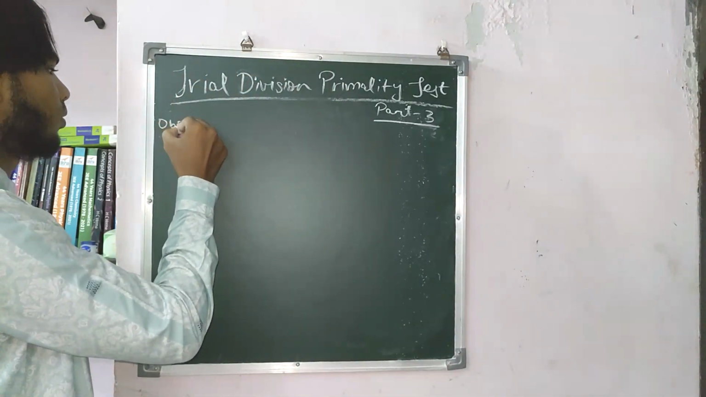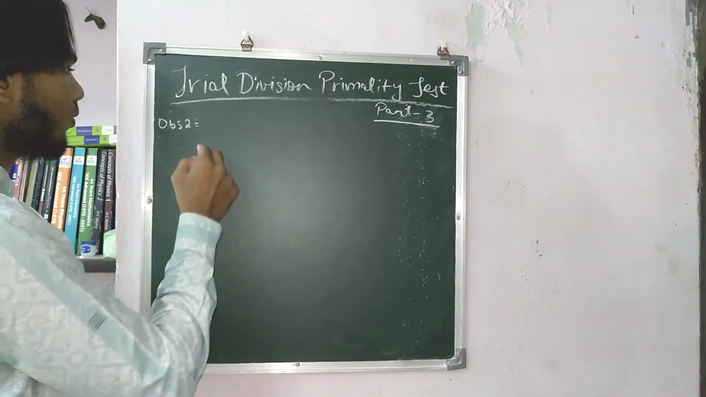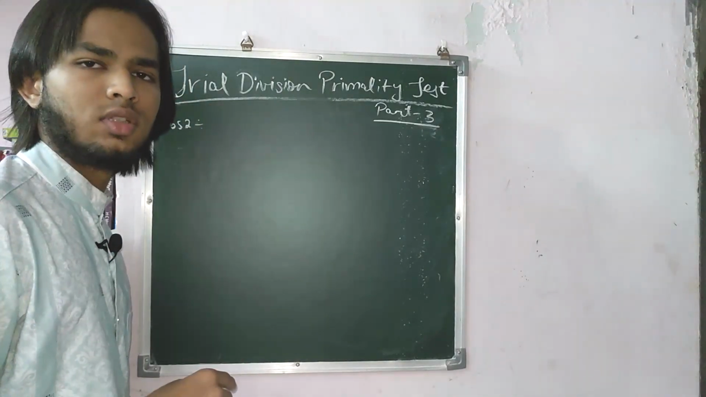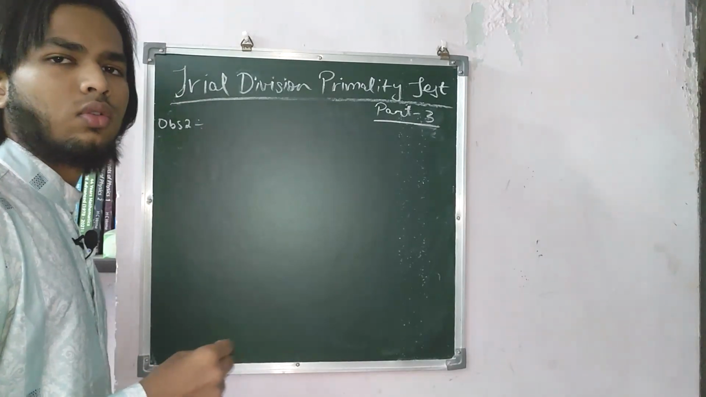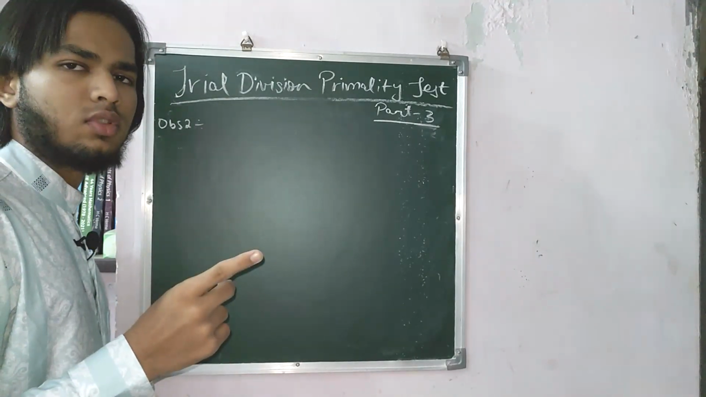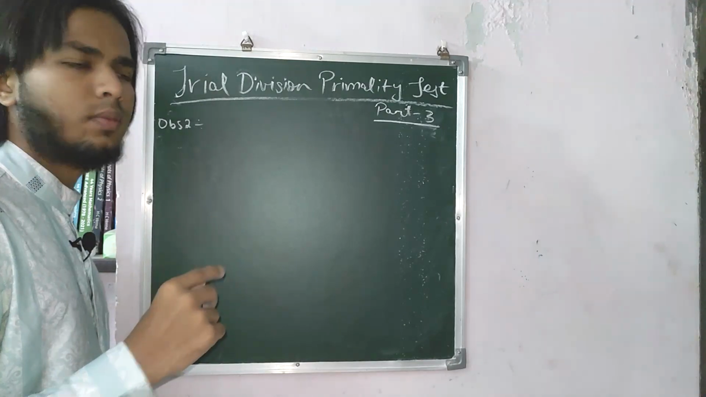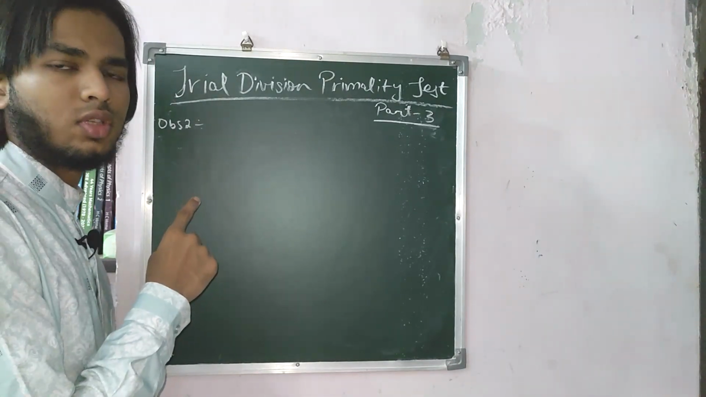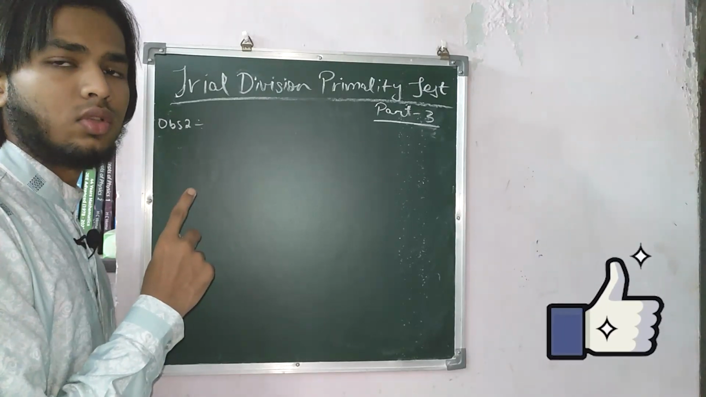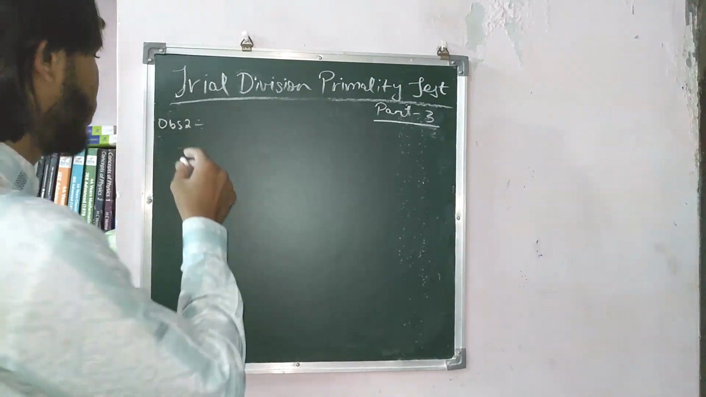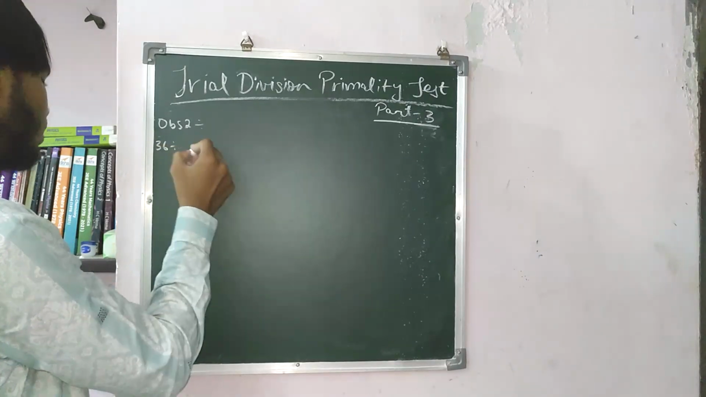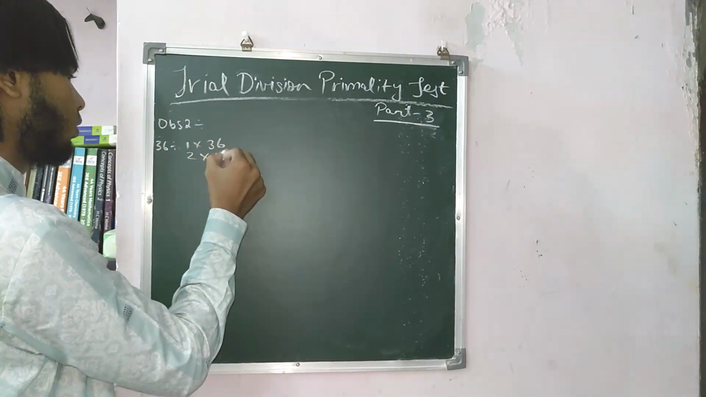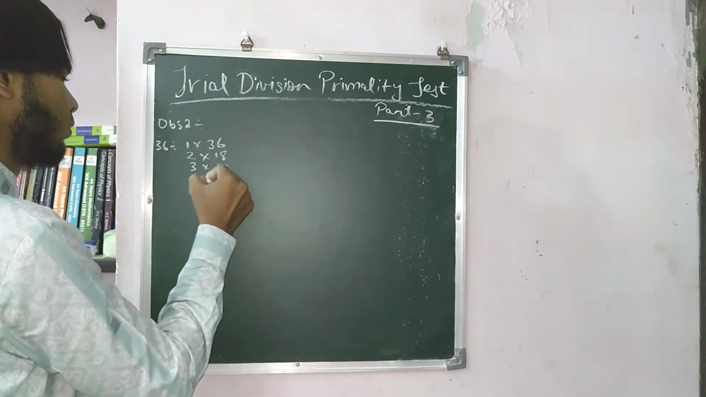Observation number 2. Let me take some 3 to 4 examples. First I will give you some examples, and then I'll prove it later. I want to emphasize that this observation number 2 is hard to understand, so listen to it very properly. The first example is 36: 1 times 36, 2 times 18, 3 times 12, 4 times 9,